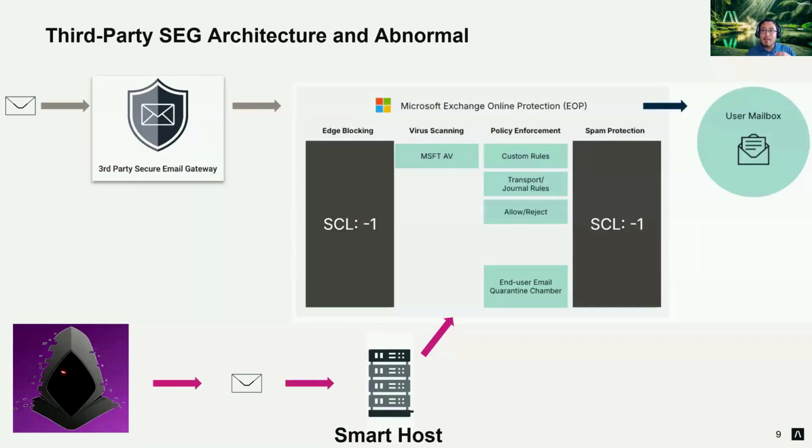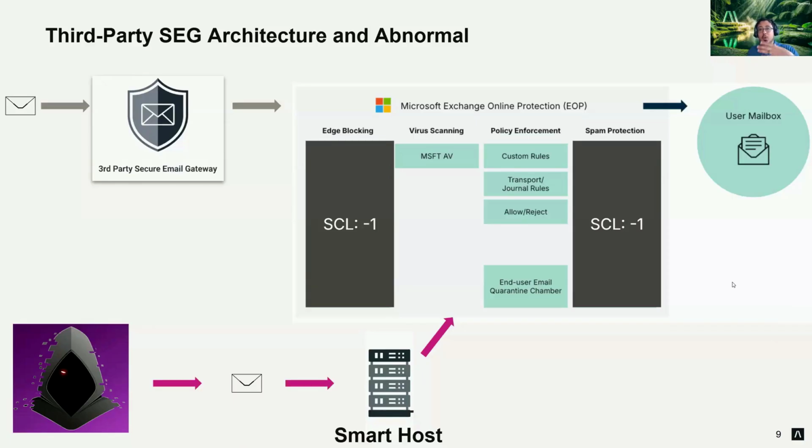Abnormal is going to automatically detect and remediate direct send abuse out of the box. So Abnormal customers don't have to run PowerShell scripts or create transport rules to stop malicious abuse of direct send. We're able to do so because the platform takes complete ownership of every single email that gets delivered to